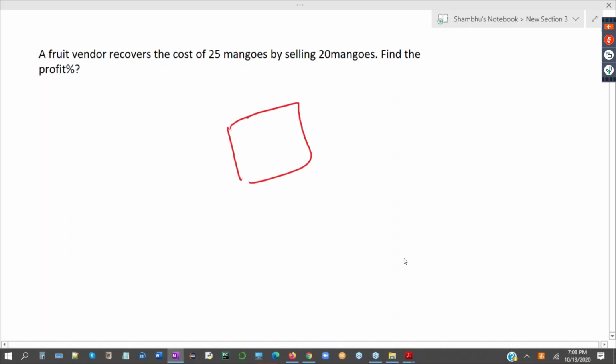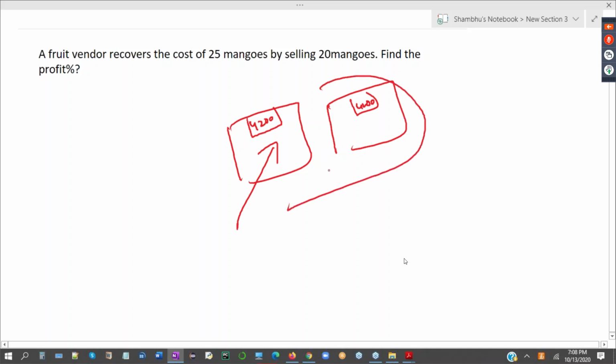Aileen, listen here. On one t-shirt only, the cost is written 4,200. Every t-shirt has 4,200 written on it. So he paid for only one, 4,200. He got two. So actually one t-shirt price is what? 4,200 by 2. That is 2,100. On every t-shirt, it is written 4,200. Okay.